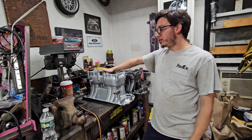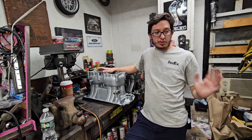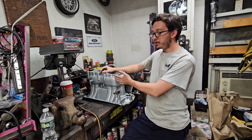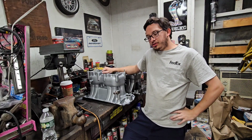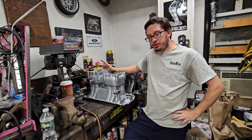Not to say that this is going to outrun the dual plane that's on it right now, even with the heads cam intake setup I'm going to do. Or a single plane that's cheaper than a tunnel ram. But that sheet metal tunnel ram is a deal that I worked out with a buddy of mine. And after the research, like I said,